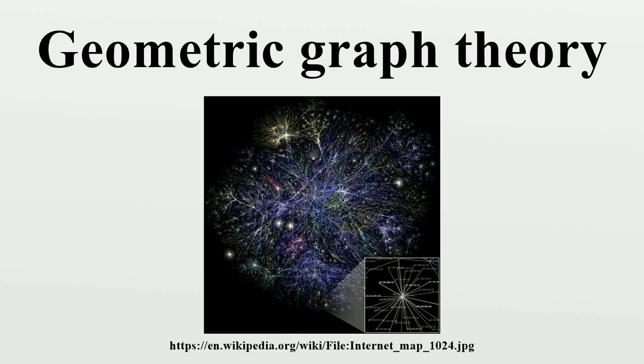A geometric graph is a graph in which the vertices or edges are associated with geometric objects. The simplest realization is a random geometric graph. Different types of geometric graphs. A planar straight-line graph is a graph in which the vertices are embedded as points in the Euclidean plane, and